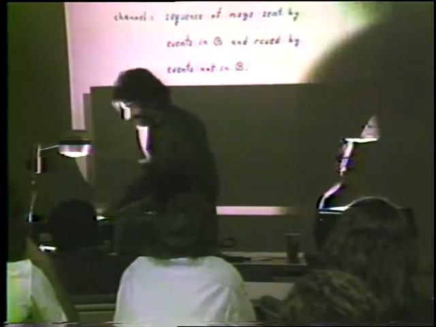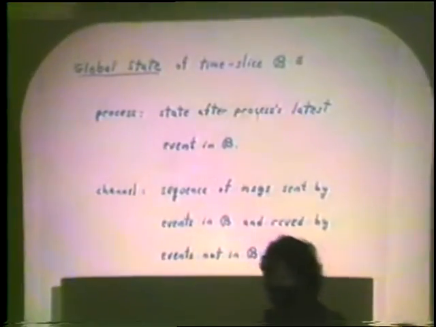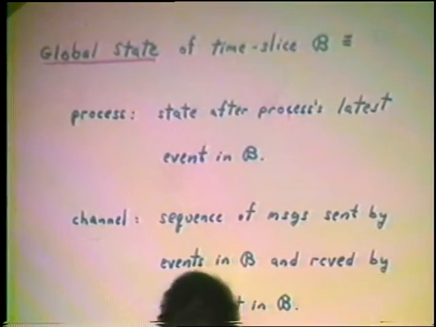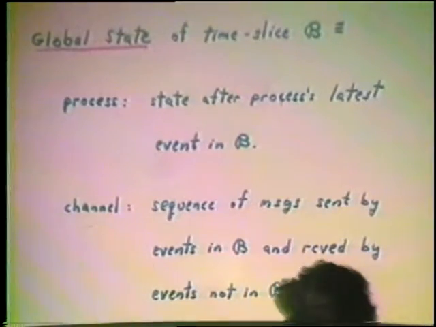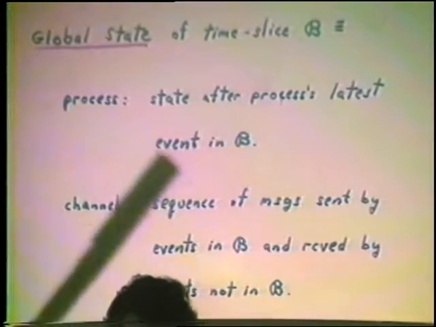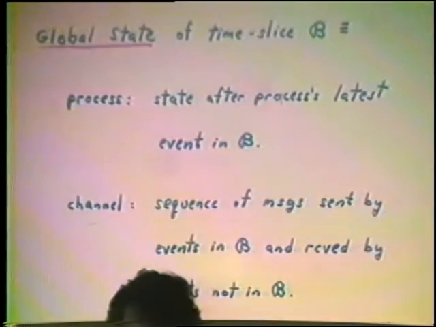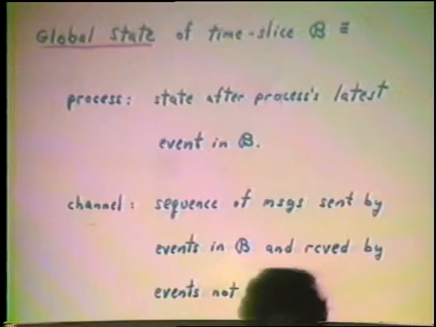Nothing lost. Okay. Now, how do we define the global state of a time slice? Well, a time slice is a set of events. A global state consists of the state of a process and the state of each transmission line. And the global state of a process in the time slice is the state of the process's latest event in B. In other words, intuitively,